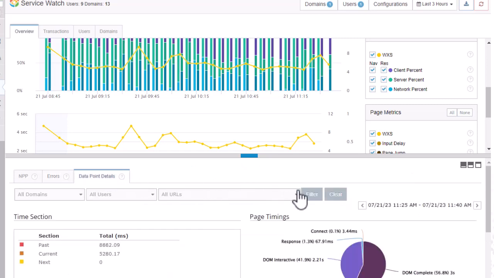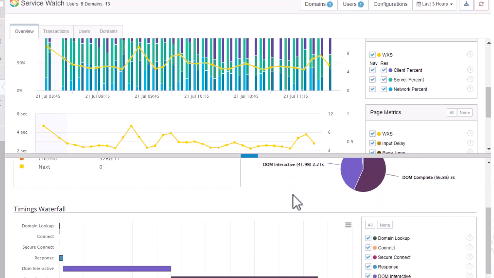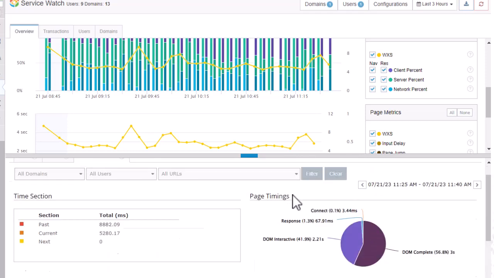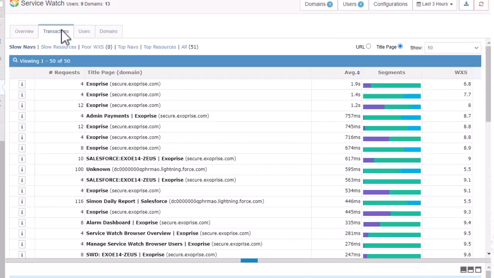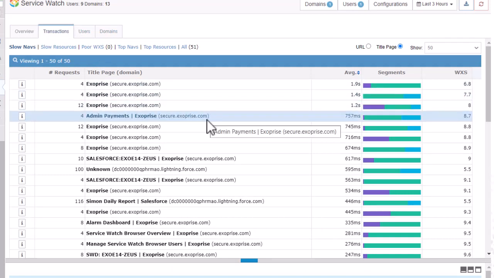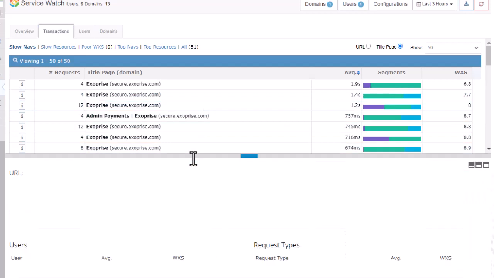The timings waterfall is a great visual representation of the entire transaction from the browser to the page. This will help you identify if there are issues with the connection or page itself. If you believe there are issues with the Salesforce page itself, you can look at the Transactions tab at the top to see how long a page or page asset took to load when the end user clicked on something